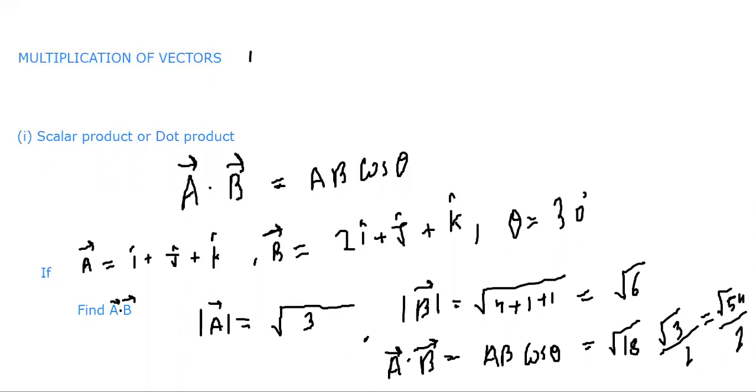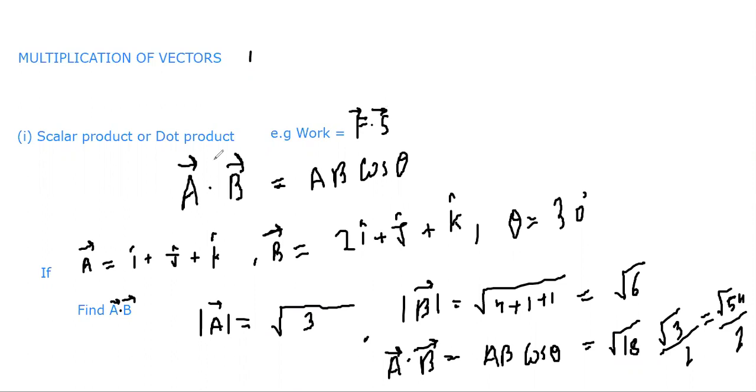I just told you how to solve a dot product when the angle is given to you. So this is the formula: A dot B is equal to AB cos theta. Now, which quantities are found by dot product? One example is work done. Work is equal to force into displacement. You all know that, but it is not simple multiplication, it is a dot product: F dot S. Force is a vector and displacement is also a vector, and when we multiply them, we get work.